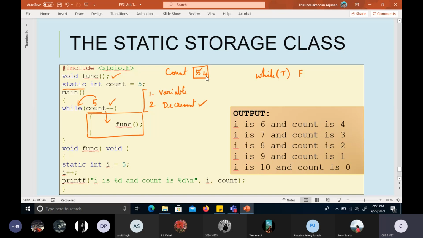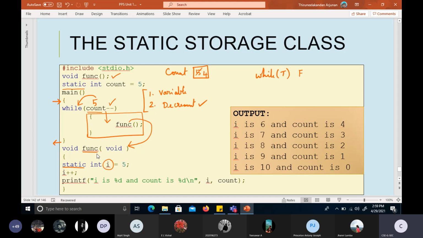Now look here, we are again prefixing with the word static. This denotes that this static variable i has got a value 5, and this will retain its value as many times as we are calling this function. How many times we come inside this function, that many times the value of i will not get flushed out, it will retain its value. Let me come to this point later, but now I'll go forward.